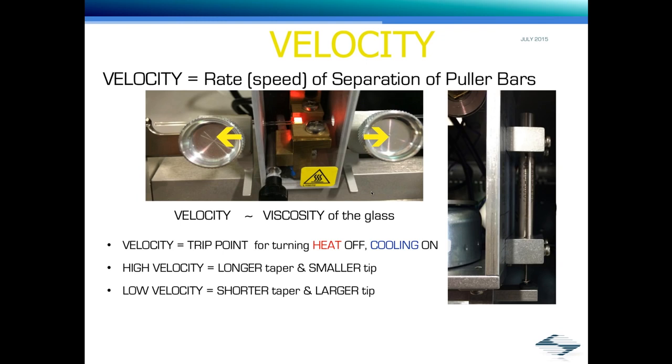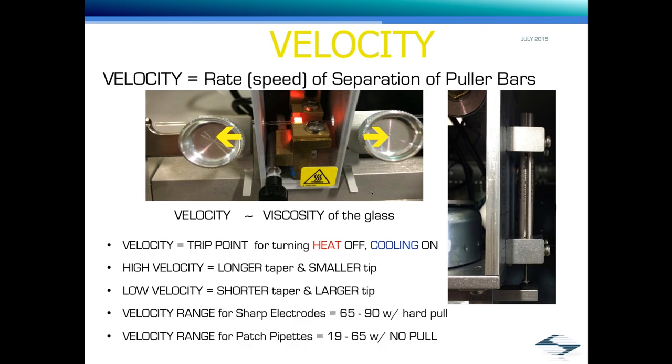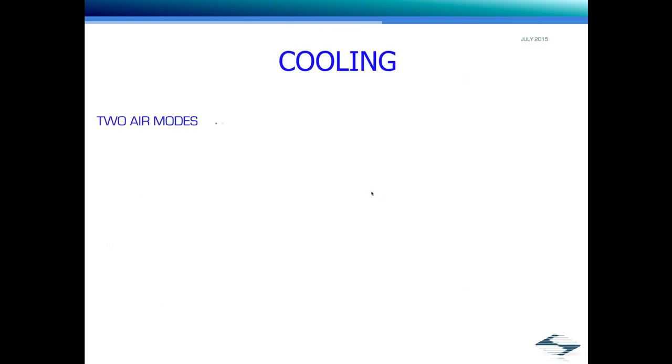So you're going to have a longer taper and a smaller tip with higher velocity. And if you're making sharp electrodes, usually have something between 65 to 90 with your velocity setting. I usually like to stick around 70, 75. Your velocity range for patch pipettes is going to vary depending on if you're making a short taper or a gradual taper. The cooling is